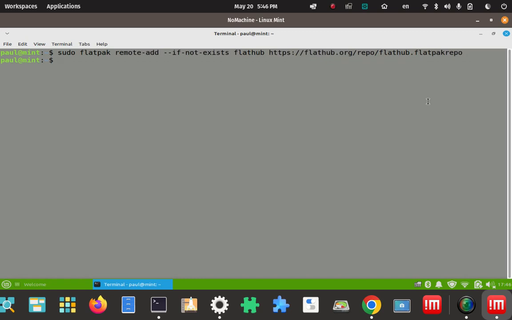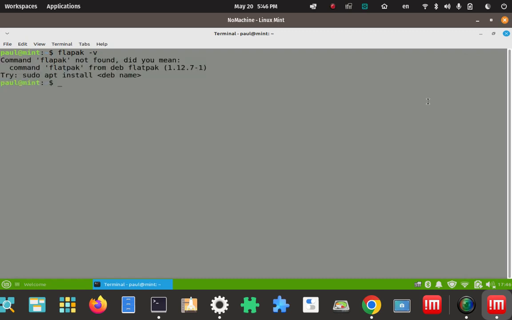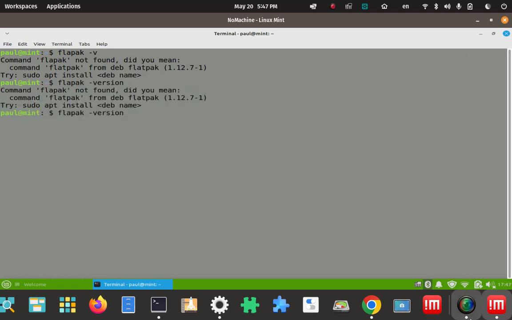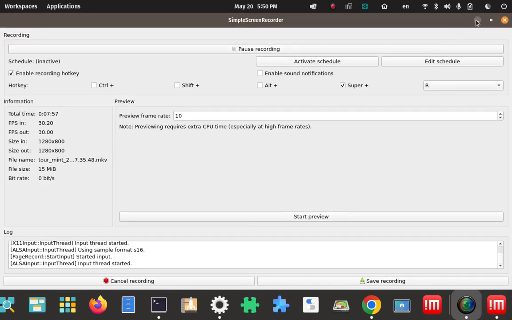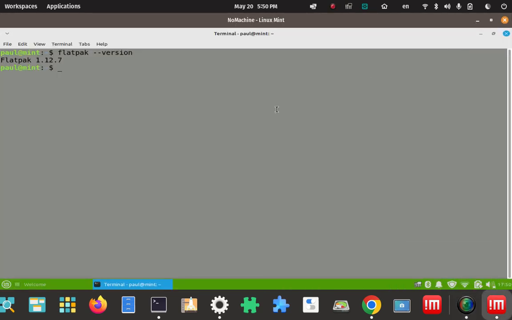Okay, now I can clear that and check and see if Flatpak has actually been installed. Okay, I keyed the command in wrong. Flatpak should be spelled like this, --version, and as you can see, the version that was installed is 1.12.7, and I have verified that the most current version is